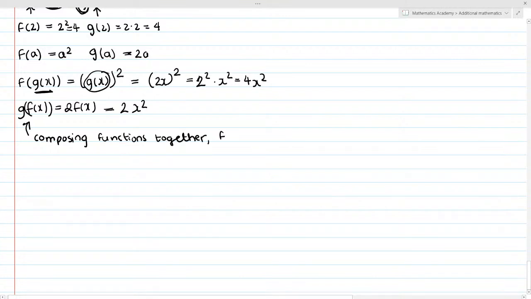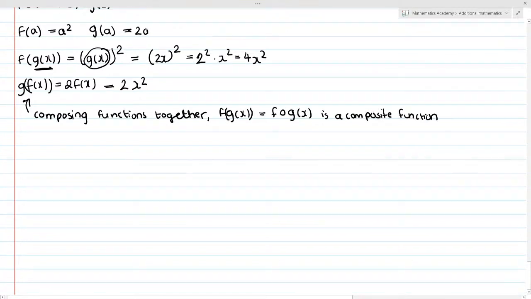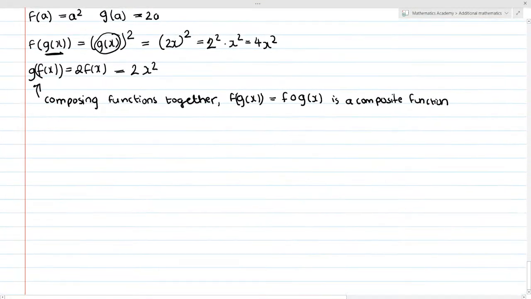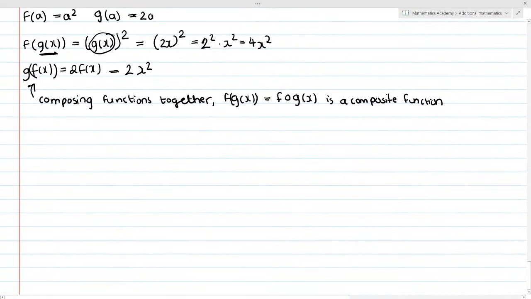And f of g of x, for example, which you can also write as f circle g of x, is a composite function. Now, there are only a very few more things that we need to go over, which is inverse functions. So we've covered composite functions, and there are actually functions which, so for example, suppose I have f of x